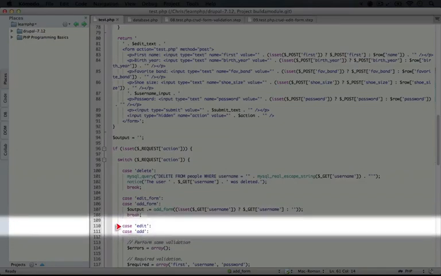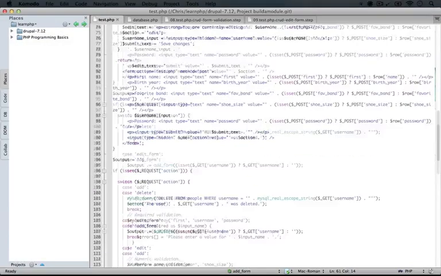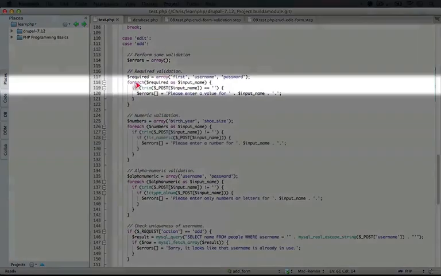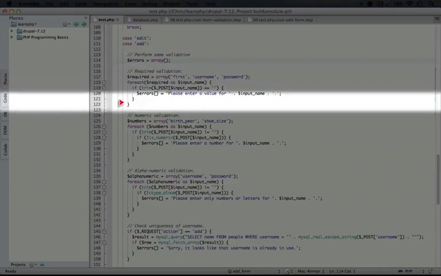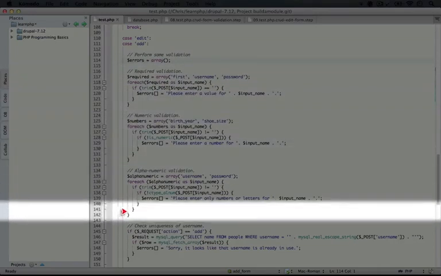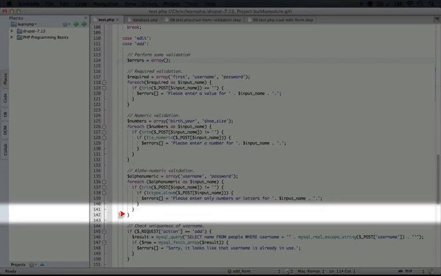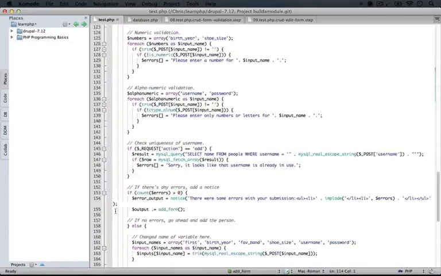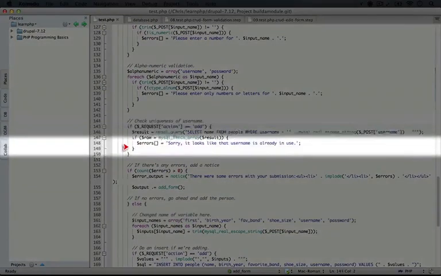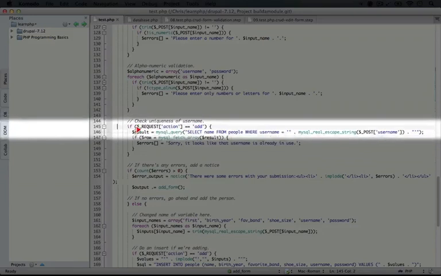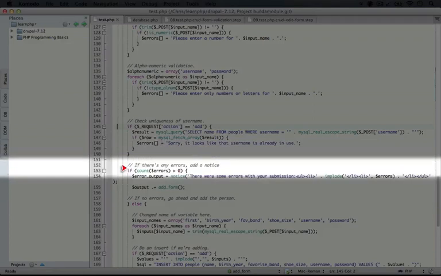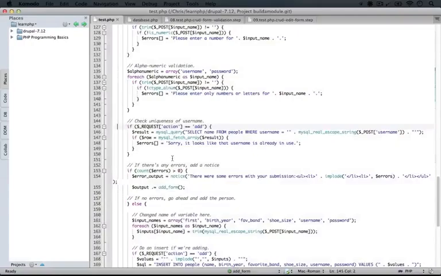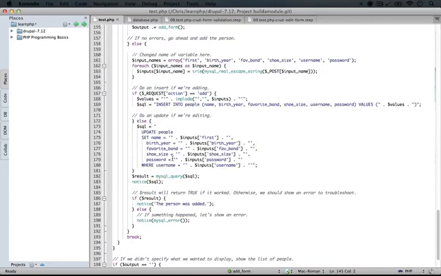Now again, this is the same code that would run for add, at least at this point. So let's scroll down a bit more so we can see more of the code. We begin with our empty errors array. We start running through each of the inputs and validating them to make sure that the user has input entries for fields that are required, that they've input numbers for fields that require numbers, and so on. I'm going to keep scrolling down here. And then we're going to skip this validation because it says if request action equals add, which it's not. So we're going to skip the username validation because they're not adding a username. We're going to check to see if there's been any errors. Let's assume for now that there hasn't been. So let's skip into the processing part.